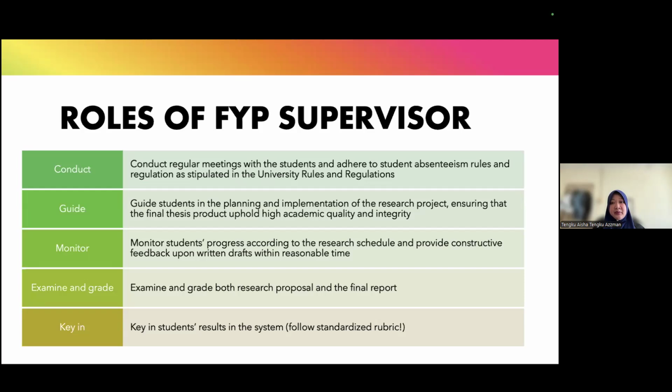One is to conduct regular meetings with students and adhere to students' absenteeism rules and regulations as stipulated in the university rules and regulations. So personally, I have handed out warning letters in FYP. I know it's not a taught course, but I've handed out warning letters when students disappear. Because I do have a personal WhatsApp group with all my supervisees, but sometimes they blue tick you, they don't answer, you ask them when they're meeting and they don't come. So sometimes a warning letter can trigger them to try to meet you because they are afraid that you are going to bar them. Although these are the rules, you have to follow the number of times stipulated for the consultation.